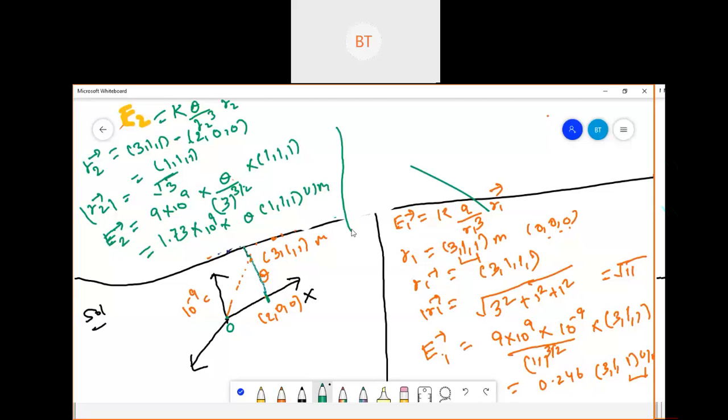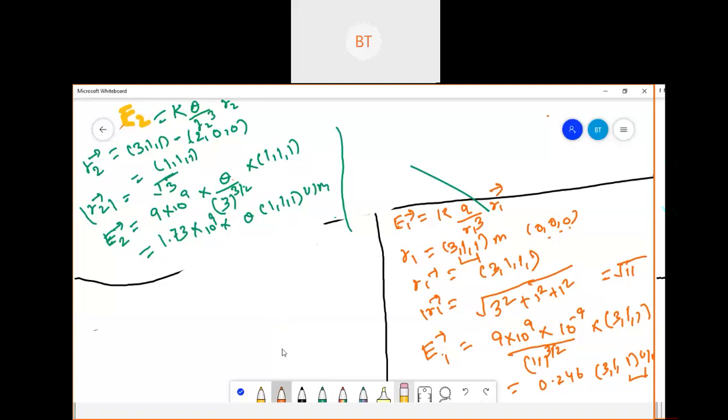Now in the question, they are telling us we have calculated E1 and E2. They are telling that the X component of electric field at 3, 1, 1 is 0, so they are assuming that the X component of electric field is 0 at that point. If the X component is given, that makes our problem very simple. You just need to substitute those values. So I'll write Ex equal to 0 since the X component is 0. Ex will be E1x plus E2x equal to 0.